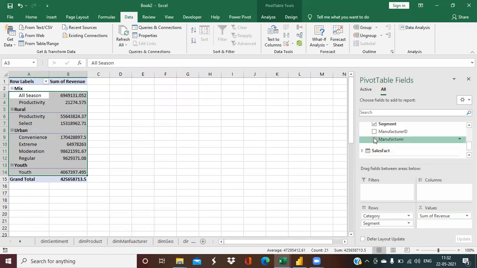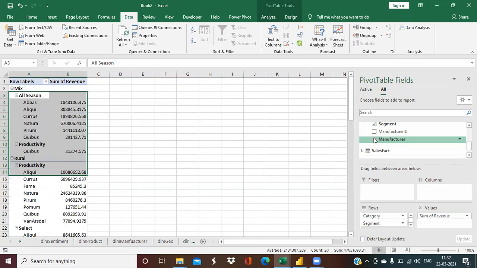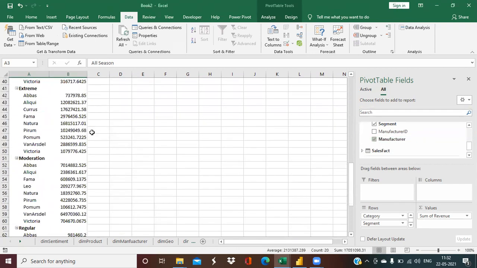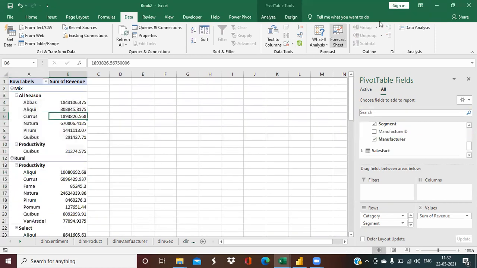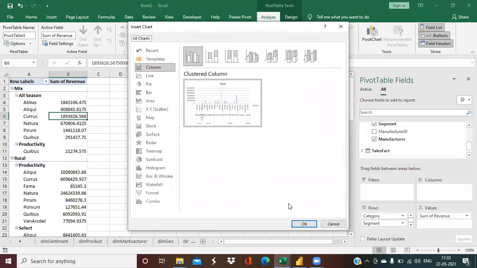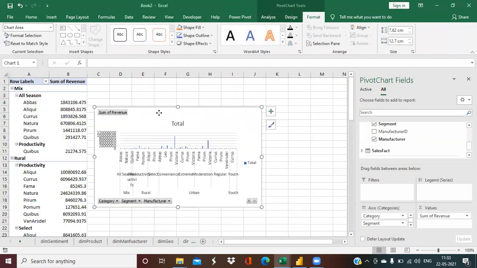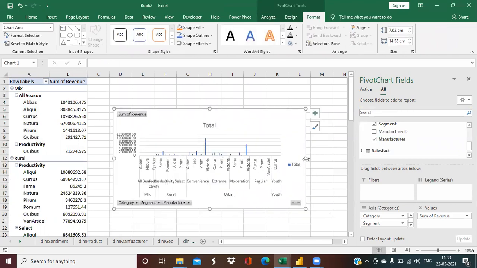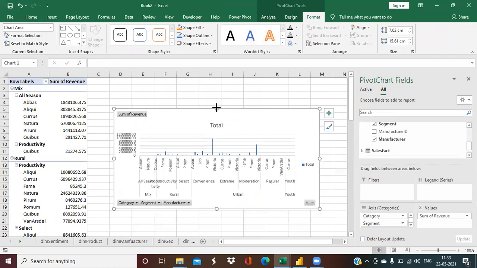So in this product table, we'll get exactly correct answers. We need to have a look at the manufacturer-wise. No problem. You can select the manufacturer as well, and you will get the perfect report created. So now using this, you can simply create a pivot chart. Just go here, go to your design tab, analyze tab, and create a pivot chart. Select the column chart. Done. We are getting the exact returns in a single moment of time. Okay, which makes it very simple.